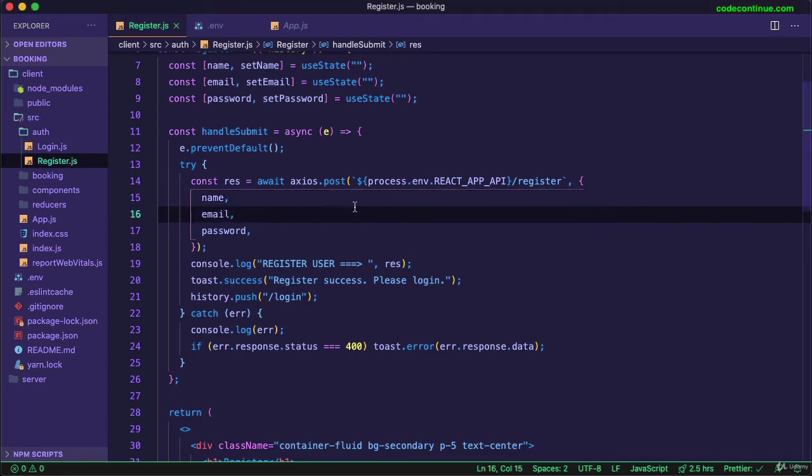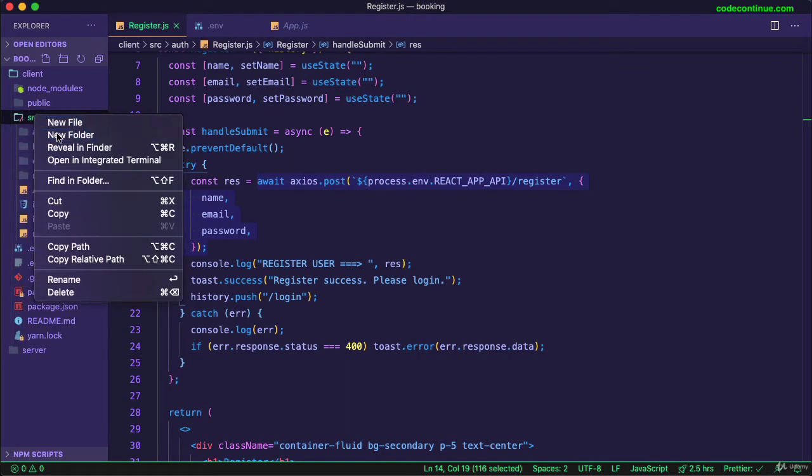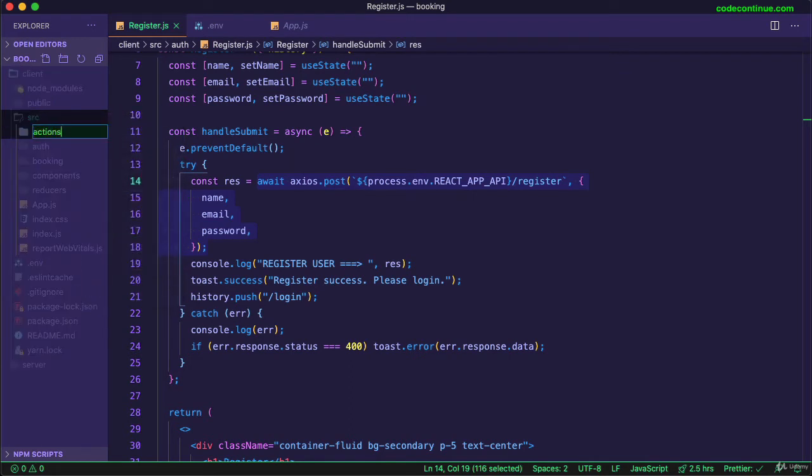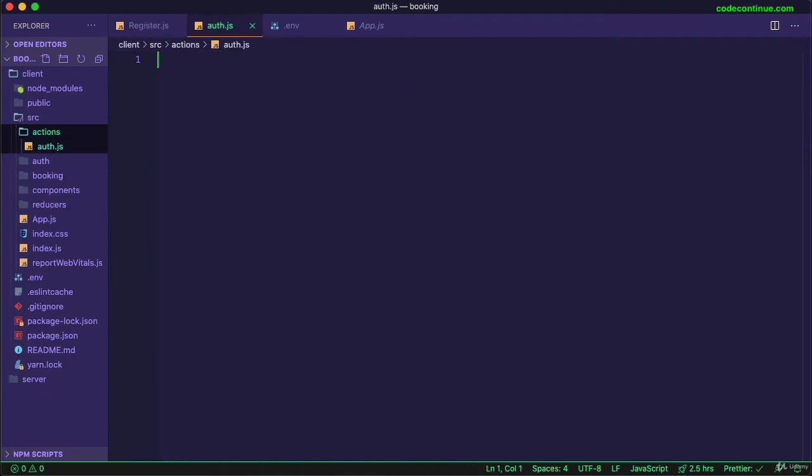So let's move this register function, this Axios request to our API, to a separate folder here. So here inside source, let's create a new folder called actions, and here let's create a file called auth.js. So in the actions folder, we're going to create these files, and here we're going to write all the functions that will help us interact with our API, whether it is to post data or get data, all those functions we're going to write here. So we want to start with importing Axios